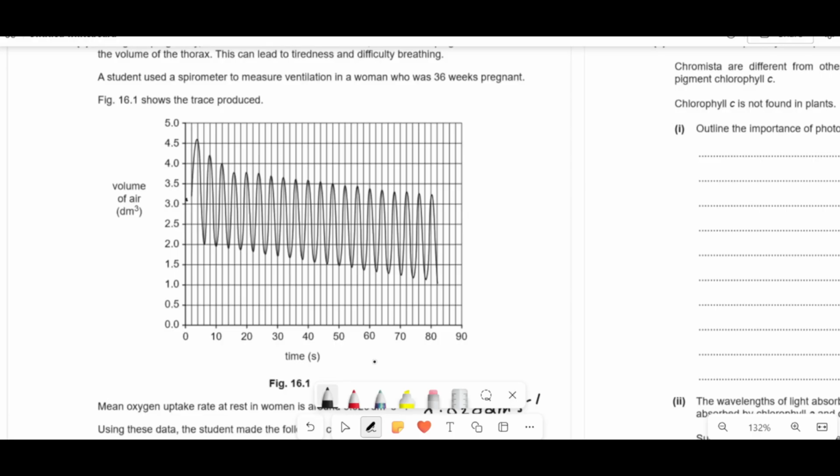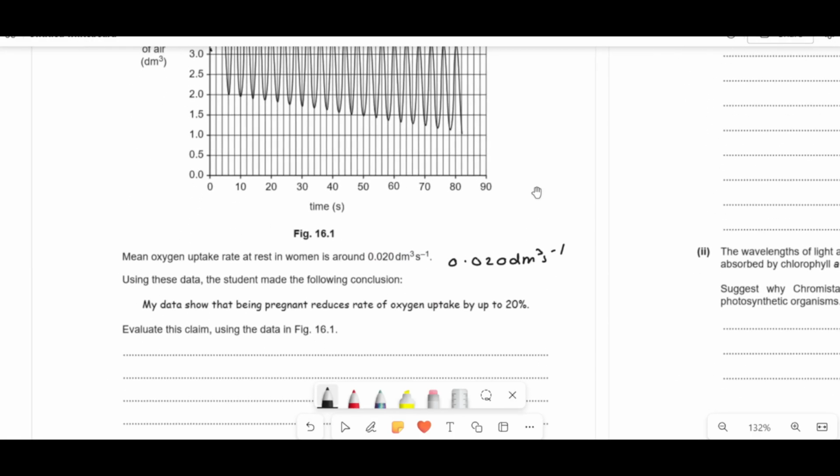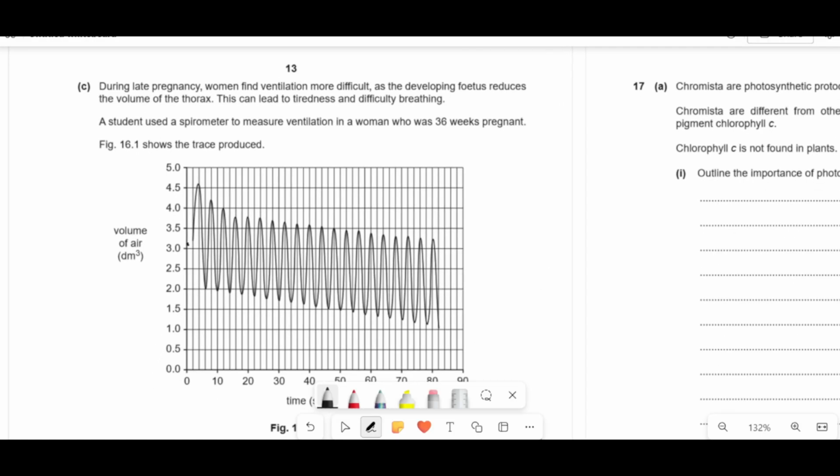Okay, so the oxygen consumption, or the oxygen uptake in this case, is that what they call it? Yeah, the oxygen uptake is the decrease in the volume of the gas in the spirometry chamber. And what you do is you just look at the average slope of the trace across the entire thing, usually. So what I mean by that is if I draw a straight line from here to here, and then at the very end, of the last point, there to there, for 4.5, and then we end at, what, like